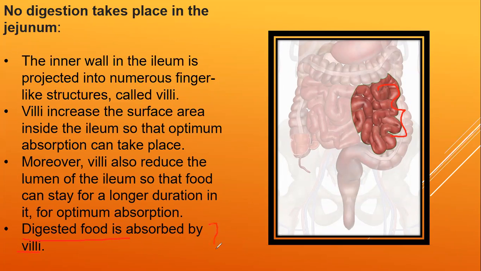So villi are the finger-like projections in the small intestine. What is lumen? Lumen means the entry point, that opening, whether it is narrow, small, or wide. You have learned about arteries and veins, which I explained in one of my previous lectures. Arteries have a very narrow lumen, and veins have a wide lumen. That's why blood flows in arteries under high pressure, while in veins the blood flows with low pressure. Is that clear about lumen, Ritik?